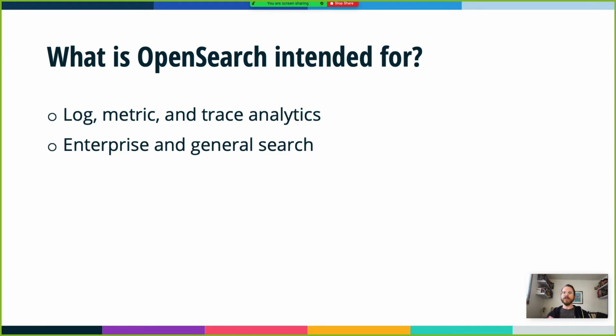The other use case is enterprise and general search. If you look back in history at where this project came from, and the inception of the preceding project, this is where it started, with general and enterprise search. This is more what you'd think of as finding information in documents, or finding information in, say, a product catalog. These two things look a little different, but in fact many of the internals of the software would be very, very much the same.